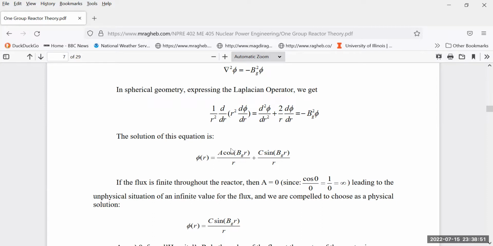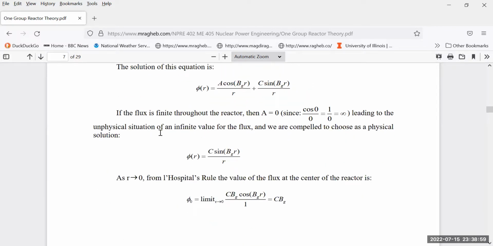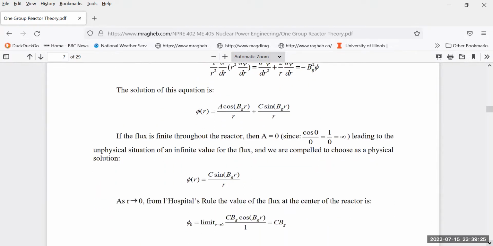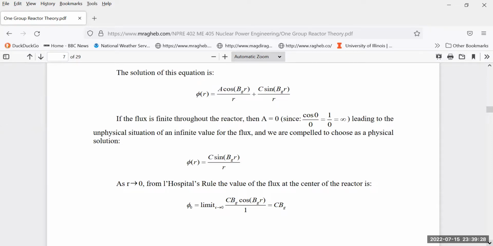All right, so here we have two constants of integration, the A and the C, and we have to determine them in the solution to determine what is that flux as a function of r in a spherical geometry reactor. If you take that solution and substitute it in the differential equation, it satisfies the differential equation, so it's fine. This would be the mathematical approach to it, but engineers try to apply their mathematical knowledge to real